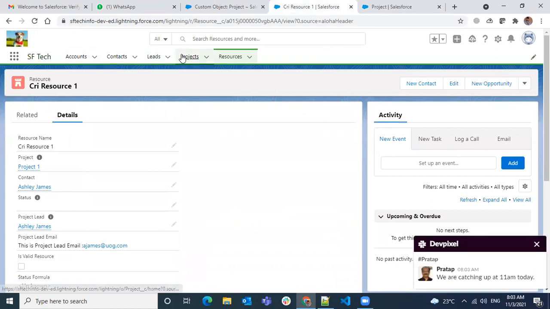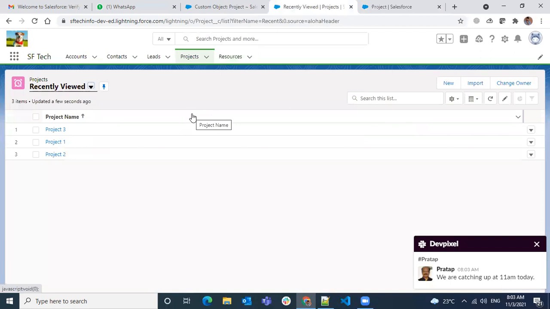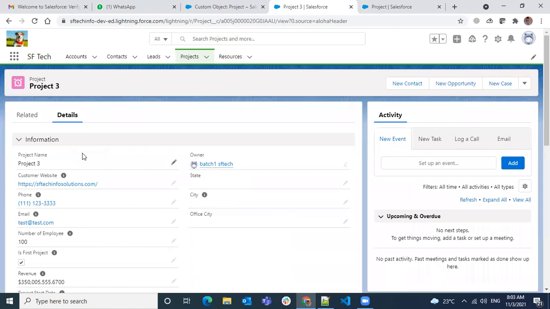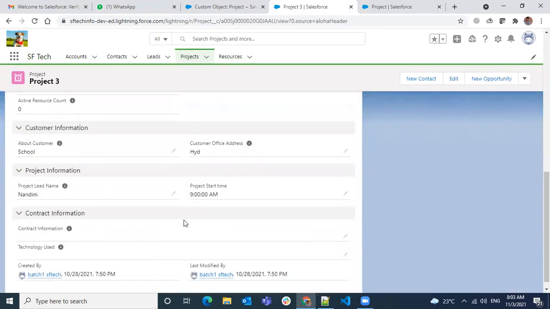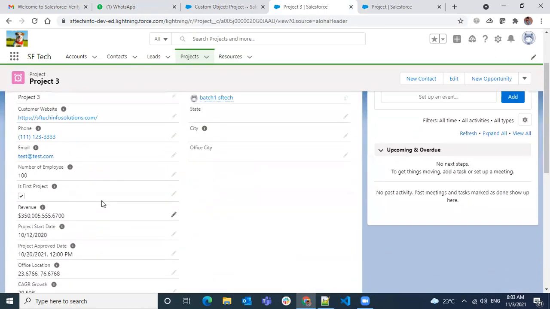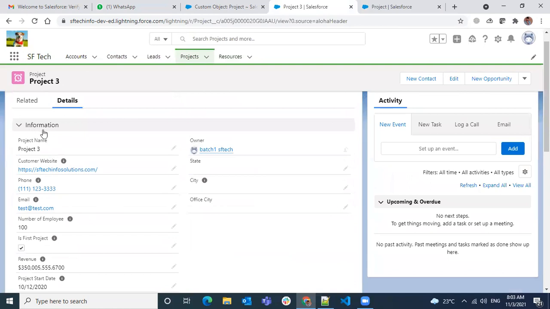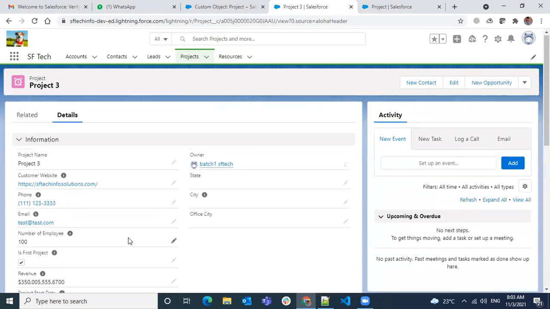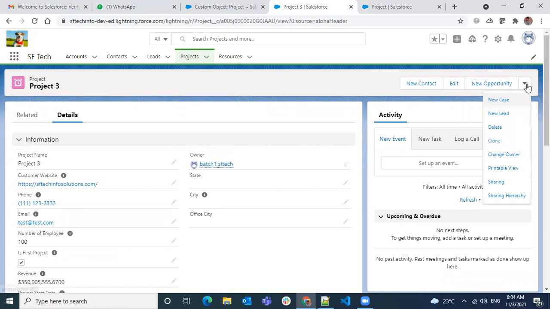So we are looking at a project, right? I made so many things, but I don't see any changes. So this is all what I see. So I see info, not information. This is the previous layout that we were having. This is not the layout that we created. So I want to see the other layouts. When we have a multiple page layout, how do I assign the correct layout in my view, how can I do it? So I see so many buttons.